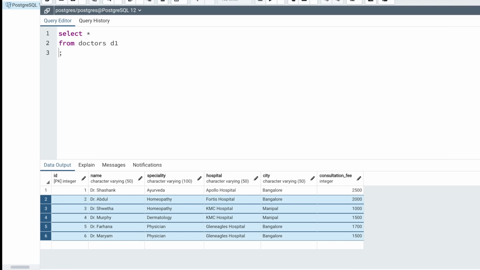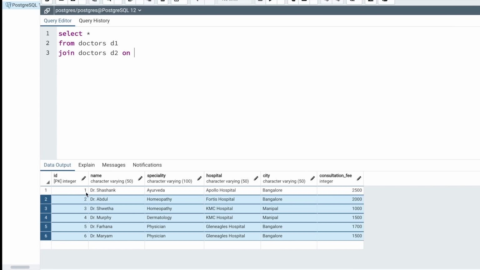And then I'm going to join again the same table, that is doctors, and this time I'm going to give an alias like D2. So I have used the same table 2 times, and I need to now join these 2 tables. This is where you need to be extra cautious, because since the 2 tables are exactly the same, you would have the same number of records in both these tables, correct?